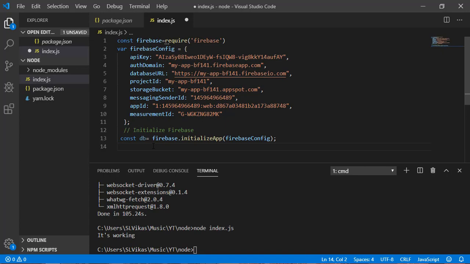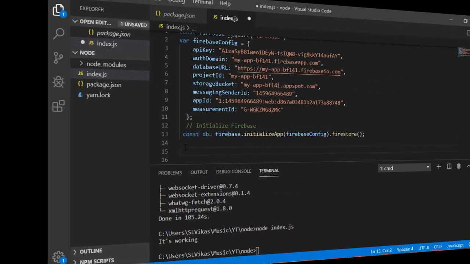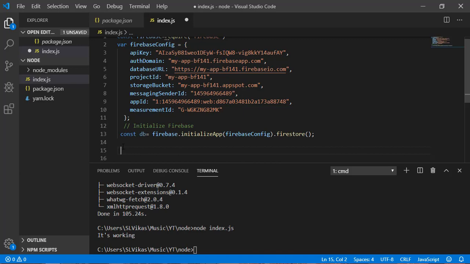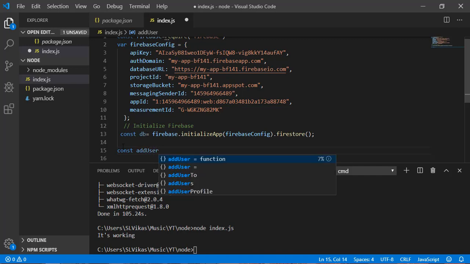In order to use that database, we need to write here firestore. First of all, let's store a user inside the database. So let's create a function called addUser. So const addUser.